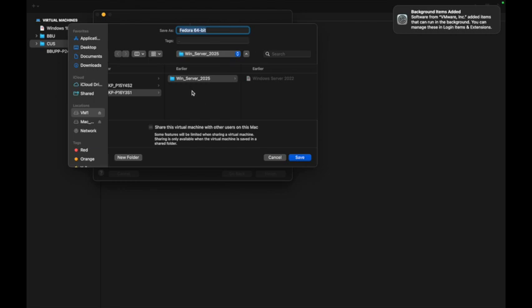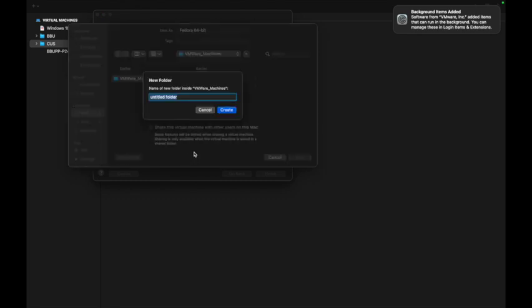Here I would like to summarize the VMware Fusion steps for you. In this step I just choose the place to store our virtual machine, and I store it on my external drive.